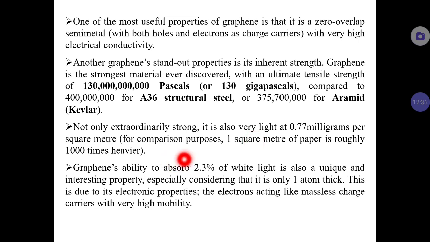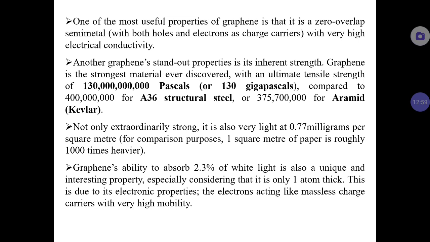For comparison, 1 square meter of paper is roughly 1,000 times heavier than 1 square meter of graphene. So 1 square meter of graphene is 0.77 milligrams, and comparatively,